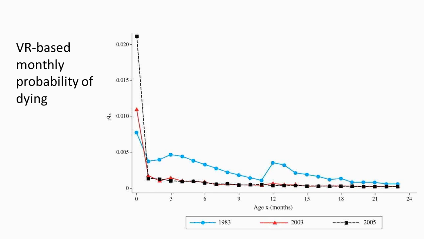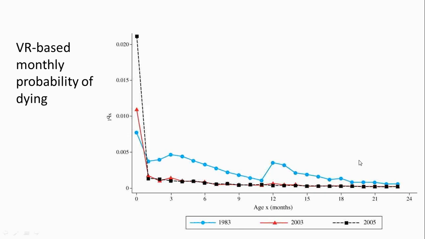suspicious. Basically what we can suspect from this graph is that there is quite a bit of underestimation during this period, and then there is this problem of 12 months. Are these deaths that are migrated from the first year to the second year? Local studies suggest that this is the case, that there was this practice of pushing some of the neonatal deaths toward the second year, because hospitals and regions were evaluated based on IMR, and so it was a way to make the IMR lower. So this clearly disappears in 1983.